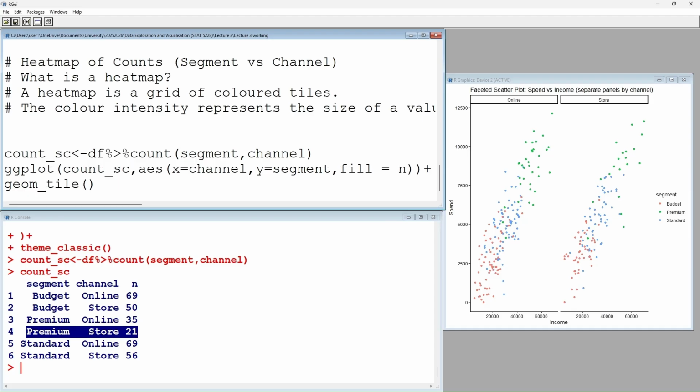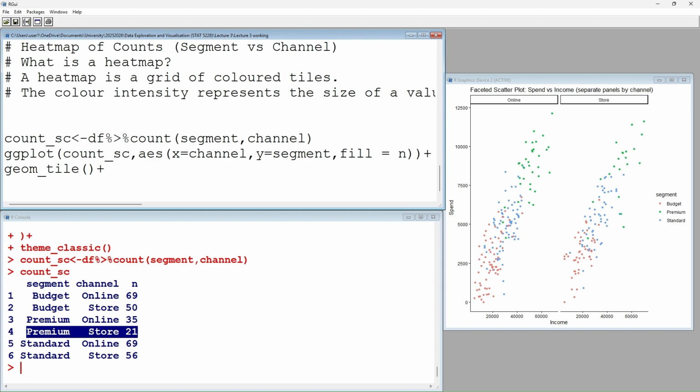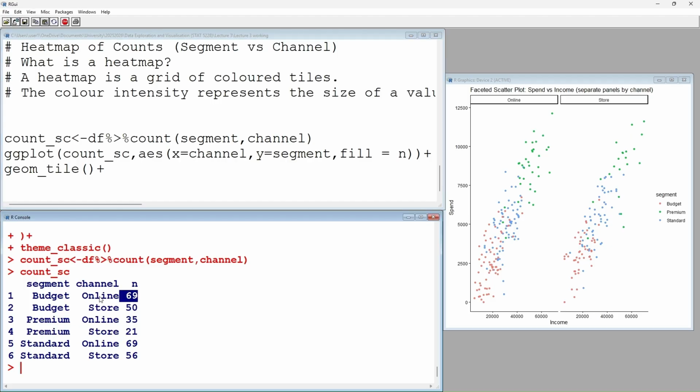All right, it's going to be tile. Then we can do plus, and then we can add some elements in the tile. Because if we just draw the tiles without the elements of the count, we will just see which groups and subgroup has the highest count, but we will not know what the counts are. We won't know whether it is 69 for budget online. We just know that it is the highest and this one is the highest, but we won't know how many counts we've got. So if you want to include those counts, we need an additional